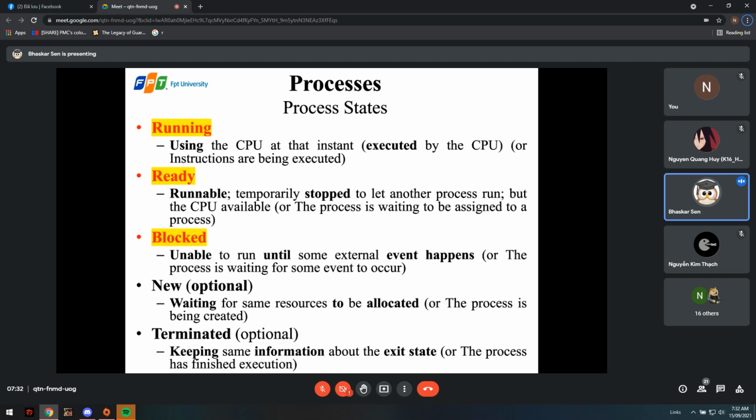These are transitional states, because when a process is newly created, it should be put into the new state. That doesn't necessarily mean that it will stay in the new state for a long time. It won't be staying there. It will eventually move on to one of the stable states. The one thing that is important